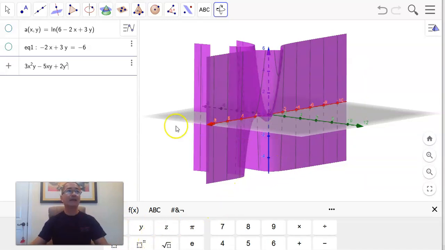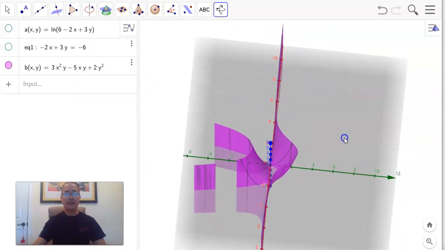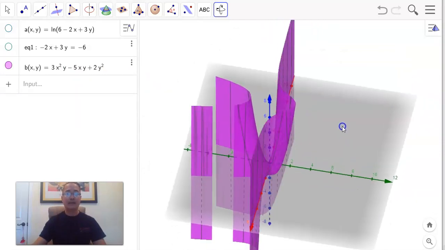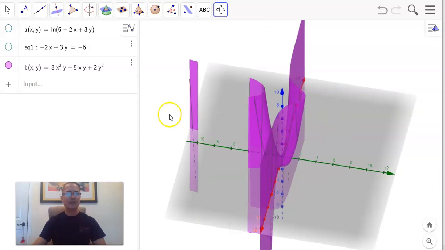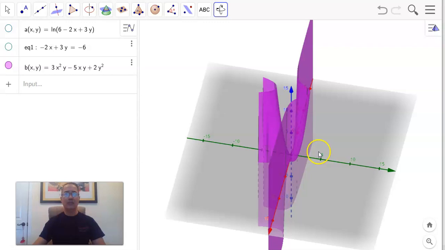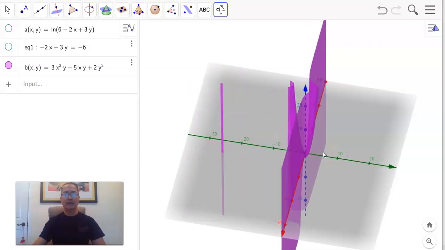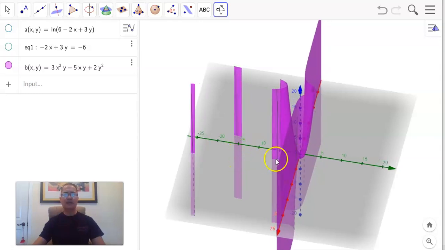Ooh, all right. So is there any number that we're not allowed to plug in for x and y? I don't think so. Okay, the domain is still all of R2. But check it out. Look how crazy looking that graph is. It looks like it's in two pieces, but no, it's not in two pieces. It's just because we're not seeing all of it that we seem to have these parts of that graph